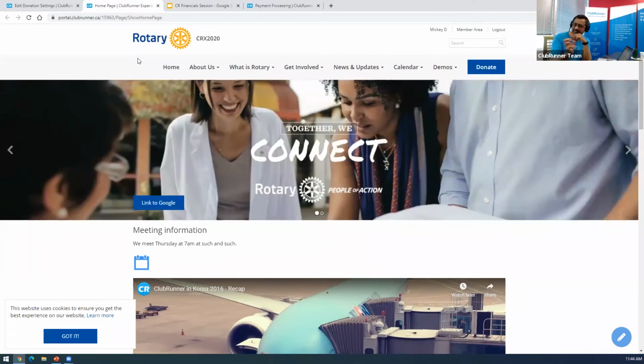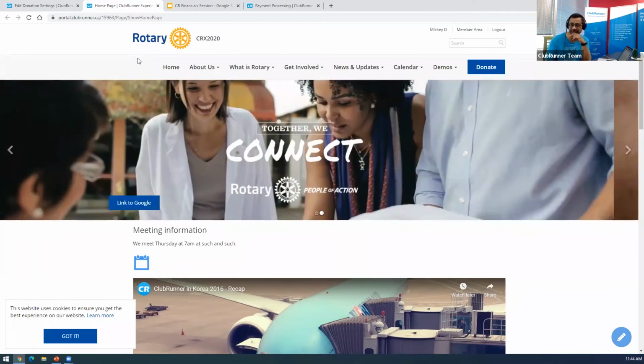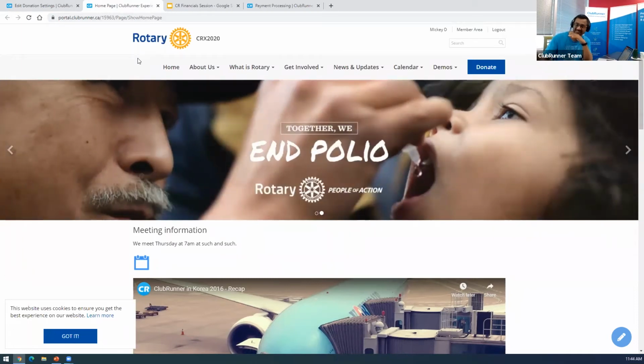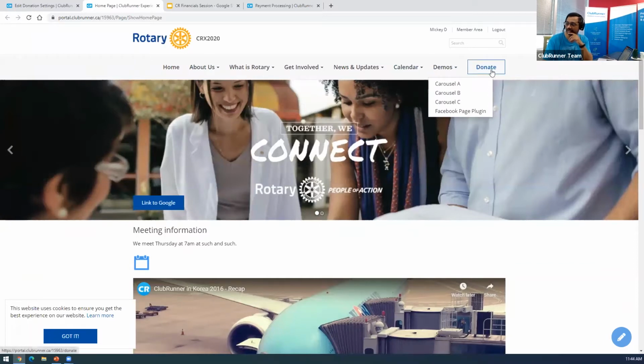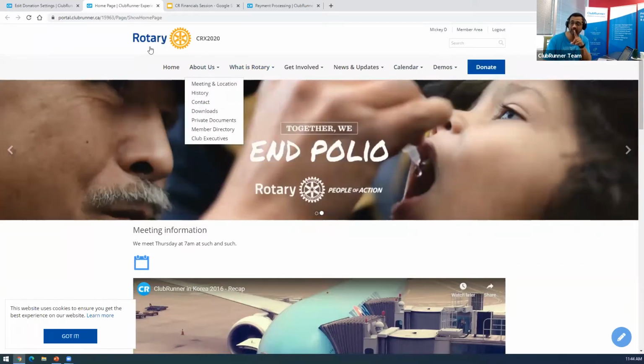So what I'm going to do is take a couple of steps back. I'm going to reverse engineer this, because we have been doing sessions and some of this has already been set up. So you can see there's already a blue donate button. We're going to get to that in a second, before I do,